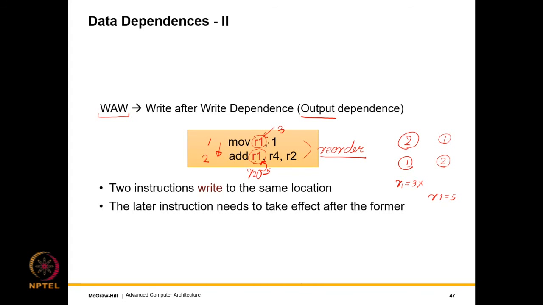Every time I use R1, if I assign it to a new register, then I will never have an output dependence. But since I have a finite number of registers, I need to reuse registers. This is where the output dependence comes in. So this is essentially an artifact of the finite number of registers.